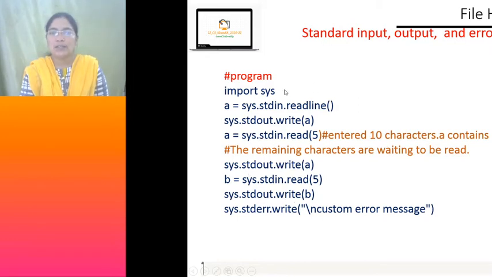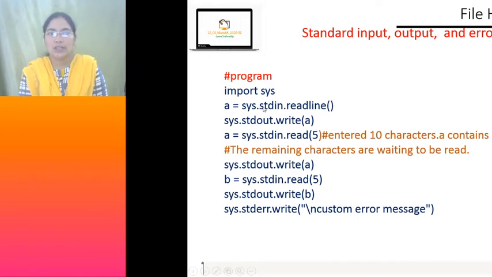Okay, what is a stream? Stream is also a sequence of bytes, just like a file only. We are using file objects, right? In the previous session we discussed that we give a file object, right? A file object is created using open, and if it is in R mode we cannot create it if it doesn't exist, but in W mode and A mode we can create. That we have seen.